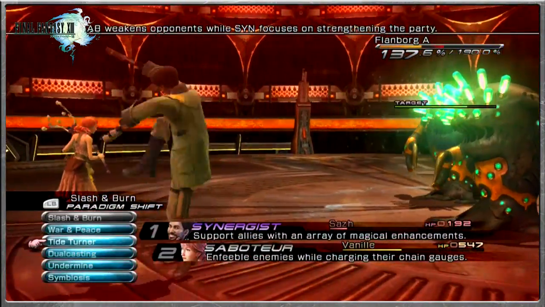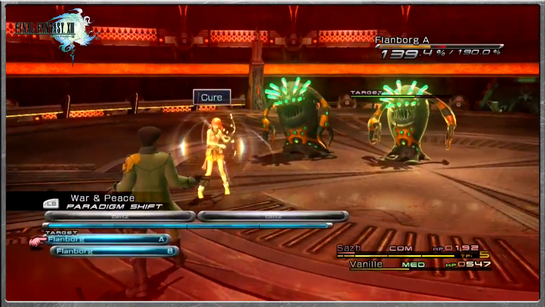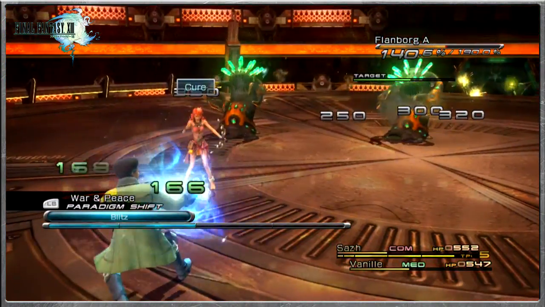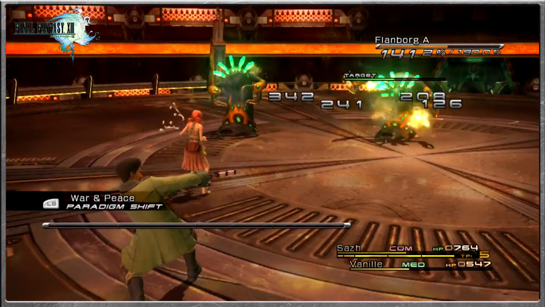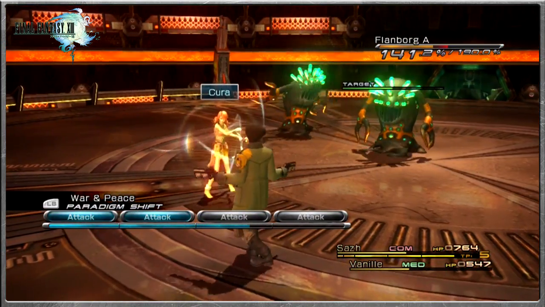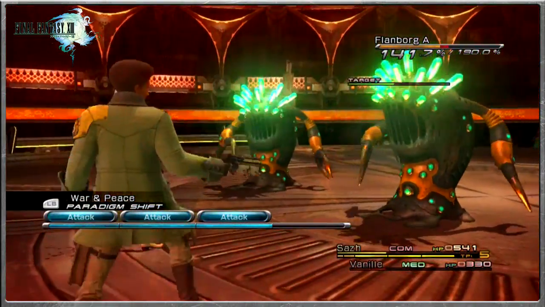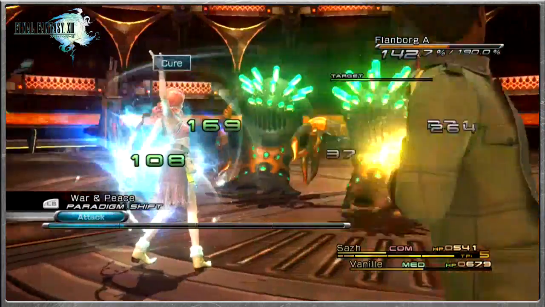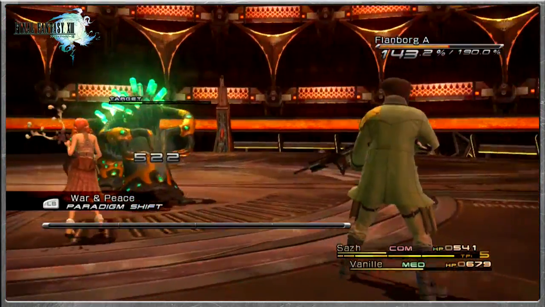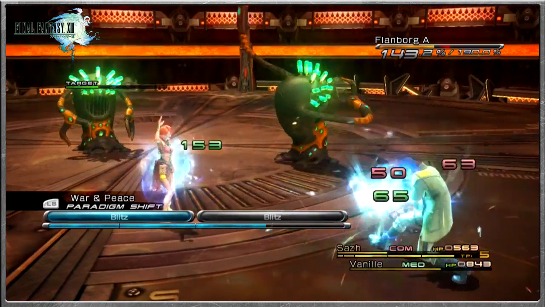Oh, what the hell just happened? Yeah, these guys seem to have some kind of super mega attack if we don't kill them in good time or something. Especially if they cast it at the same time. I'm glad I have so much HP, but you need to get working on...